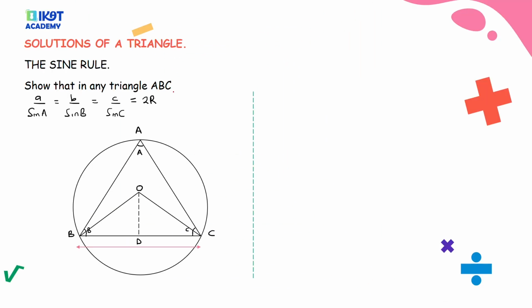Okay, now we're going to look at the sine rule of trigonometry. For this question, we have an equilateral triangle ABC, where all the angles are acute. Acute, I think, means below 90. This is acute, this is acute, and this is acute, and we've circumscribed a circle around this triangle, and the radius of this circle